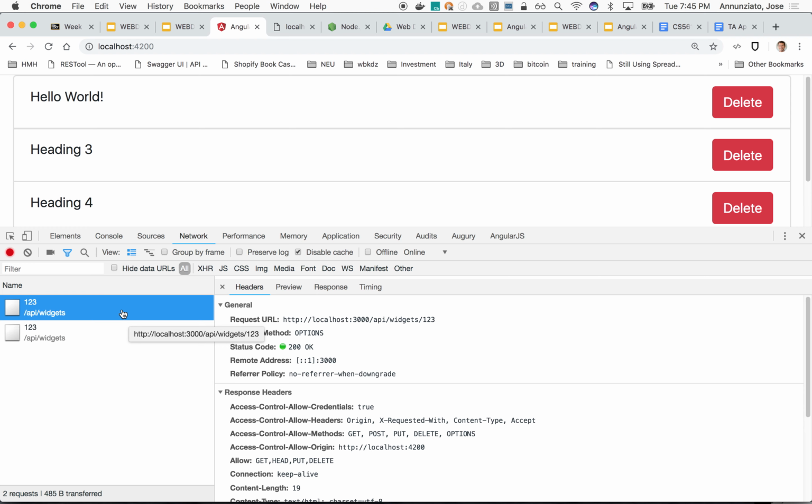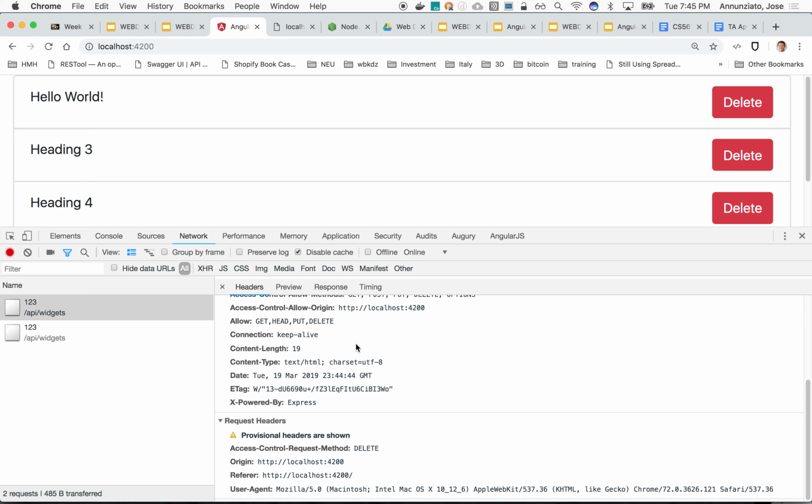See that? The first one is what I mentioned earlier. This is called a pre-flight query. Right? This is going out to the server and saying, hey server, this is a JavaScript that was downloaded from some other domain. Is it okay if it talks to you? And so the query, notice that the request method is not post, it's not put, it's not get, it's options. Right? The type is options, and the server responds saying that